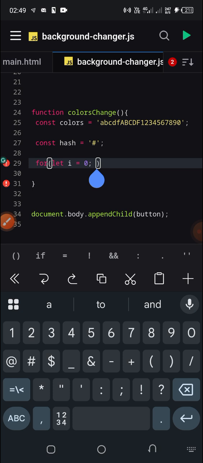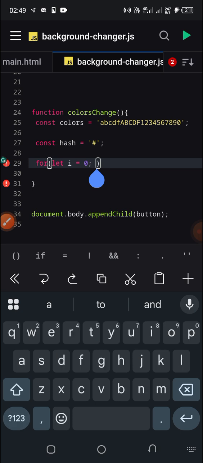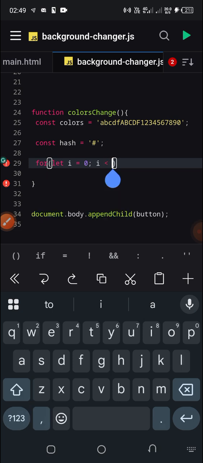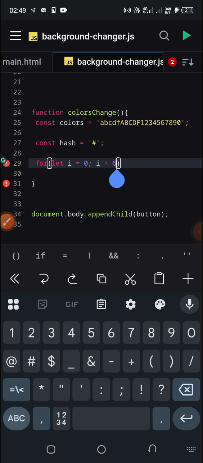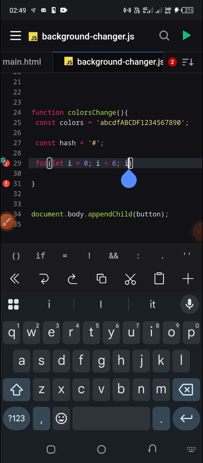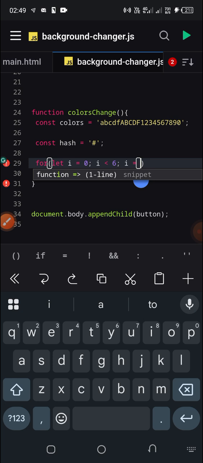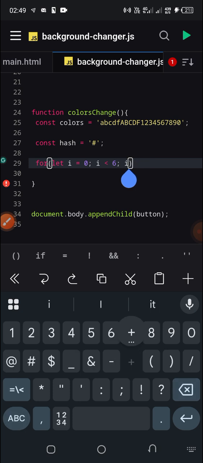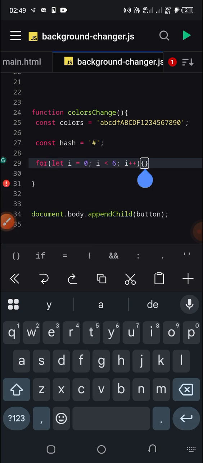I is less than 6. That's not the length. We are not getting the whole thing, so you're just going to say I is less than 6. Then I equals I plus 1, or let's just use the shortcut of I plus plus, and we will now